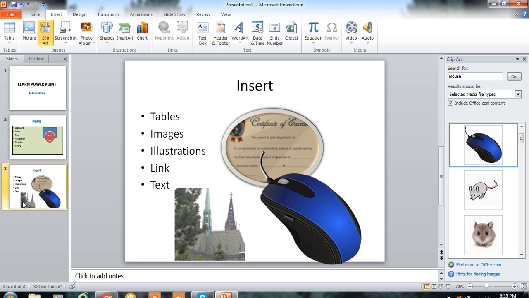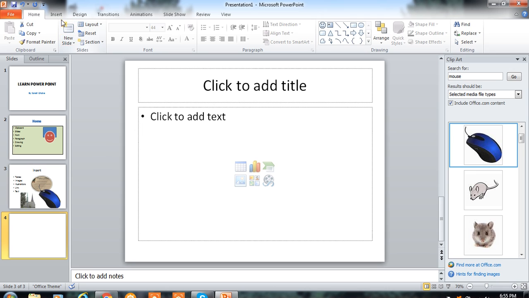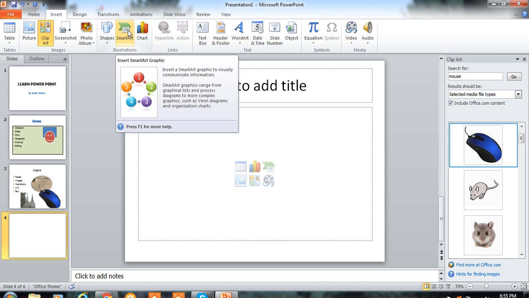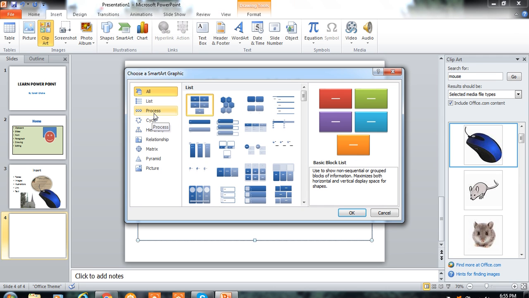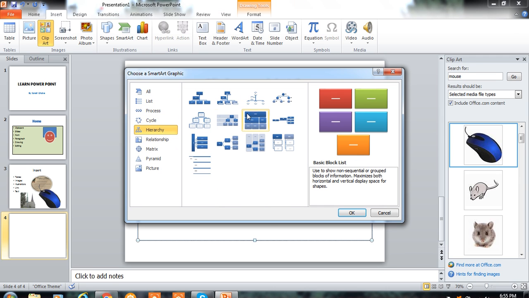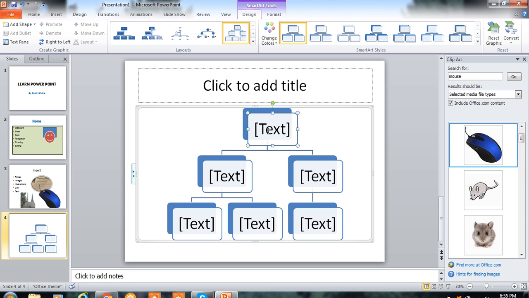Suppose you want to show information like a hierarchy, then at that time you can use SmartArt. You can use the option here, or you can use this. You can click on this. Suppose for a process or hierarchy you want this type of diagram, simply click on it, then okay, this will be here.